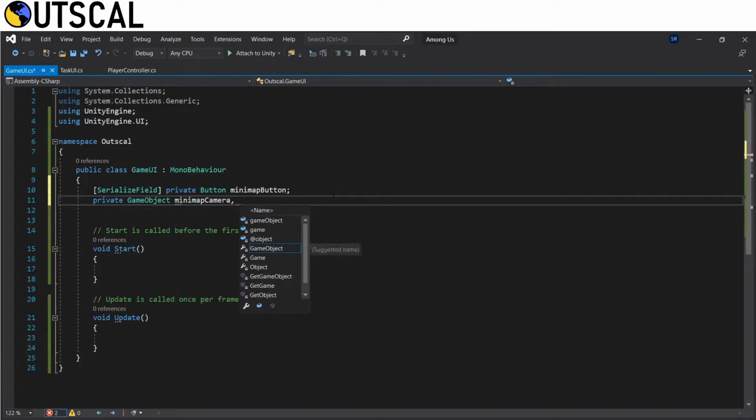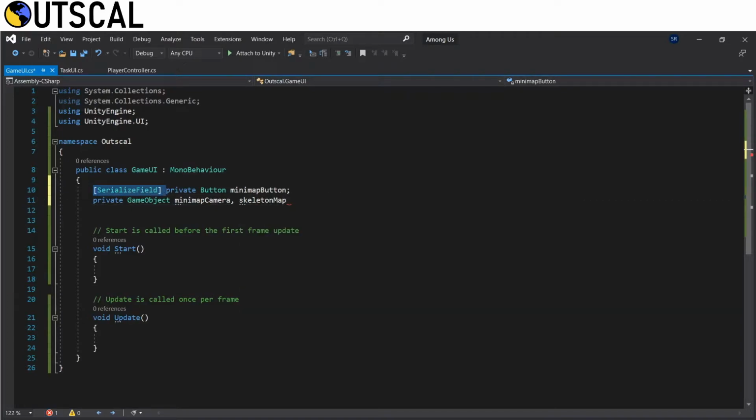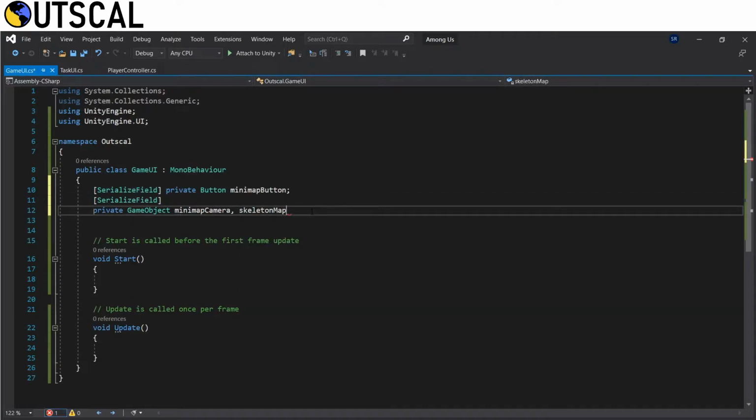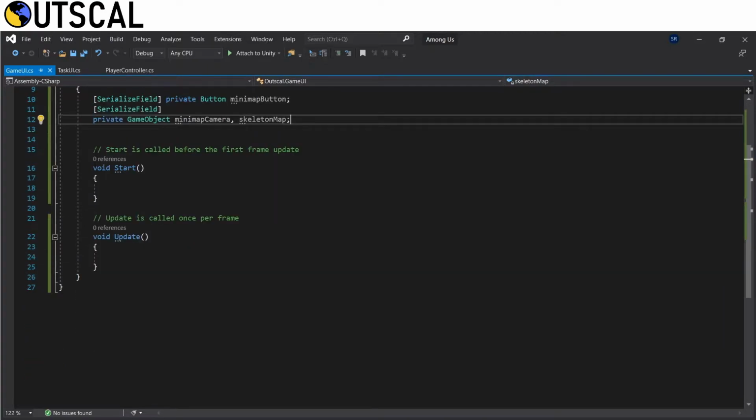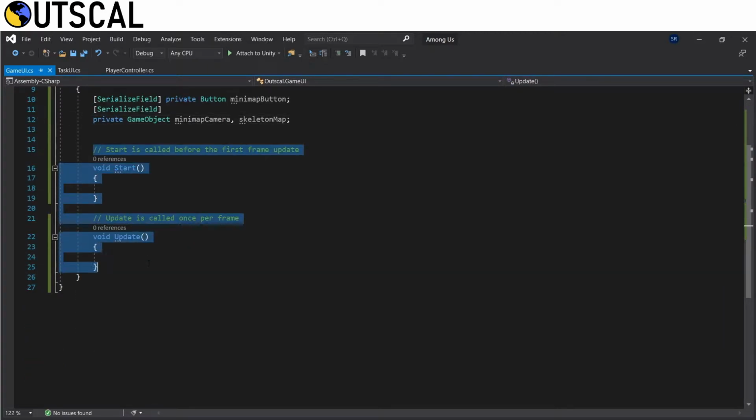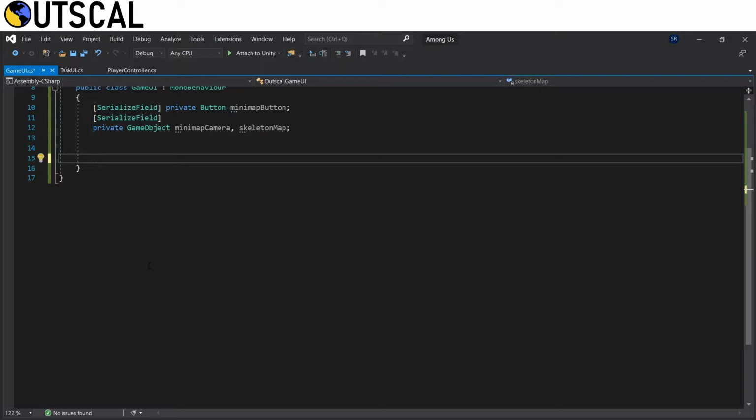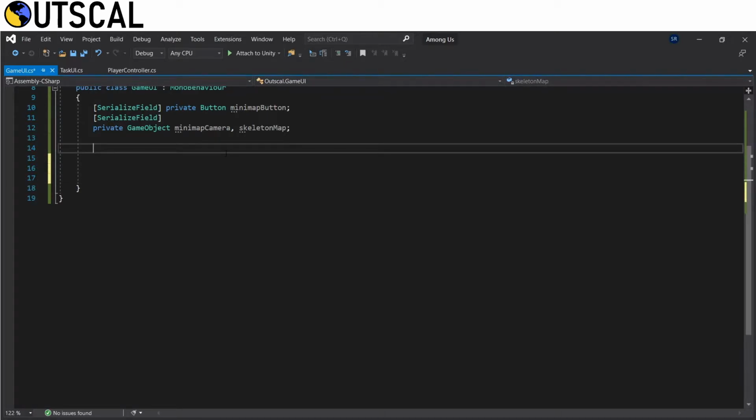So let's call this skeletonMap, and we'll again make this a serialized field. Okay, and for now let's remove Start and Update because we are not going to use them, and we are going to have one method.